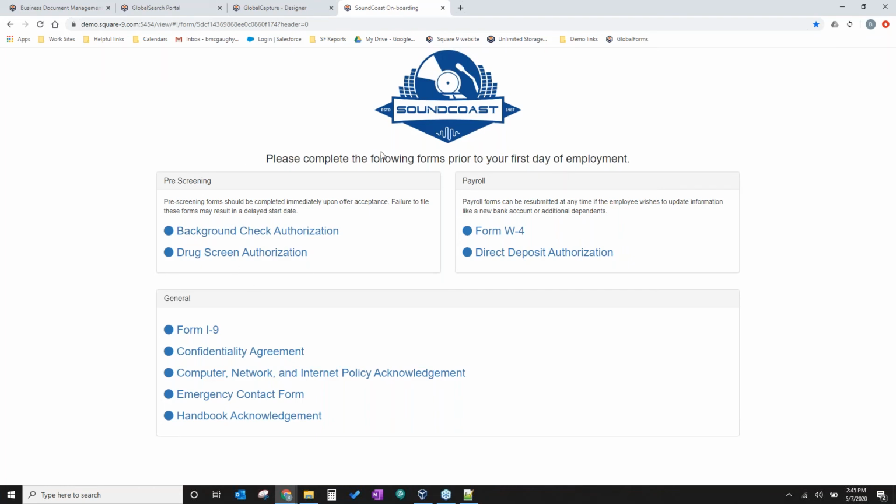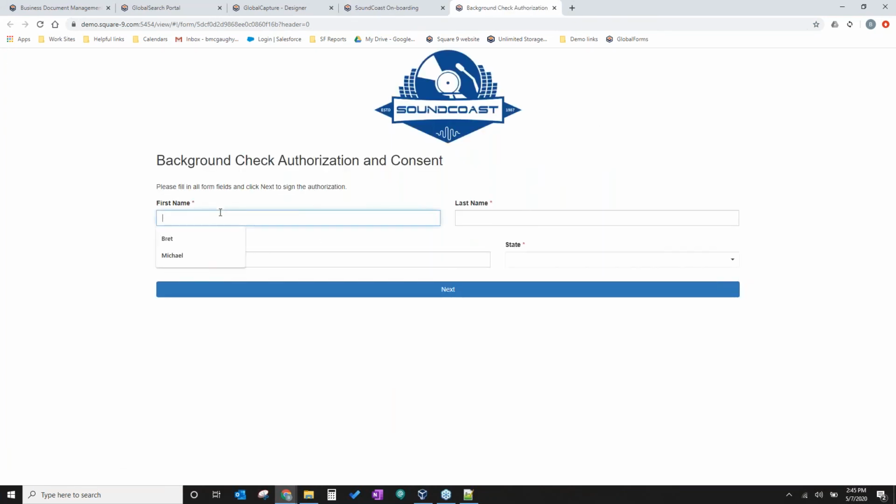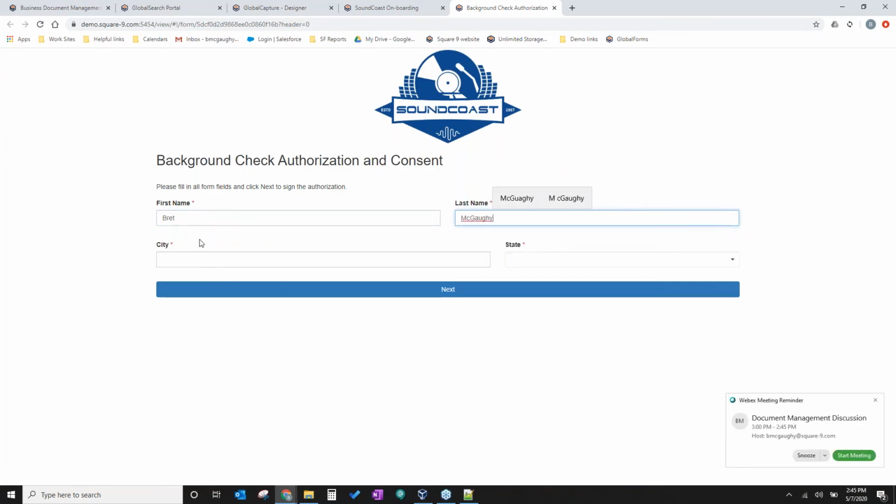So this is just the landing page that we created, but you can see where we've got our background check authorization. Now, once we go in here, we can start filling out our information, right? And what you're going to notice is you have these little red asterisks.